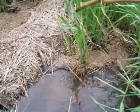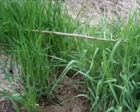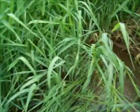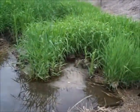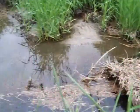I don't know how those fish ever made it down through here. I'm thinking this was up a lot higher for them to get up in here. But I don't really see any sign on the bank or anything of the water being much higher than what I told you. It was about a foot higher than this yesterday, but